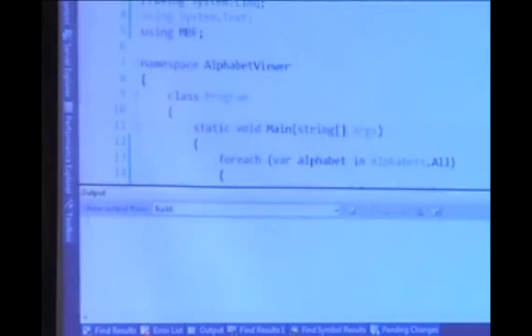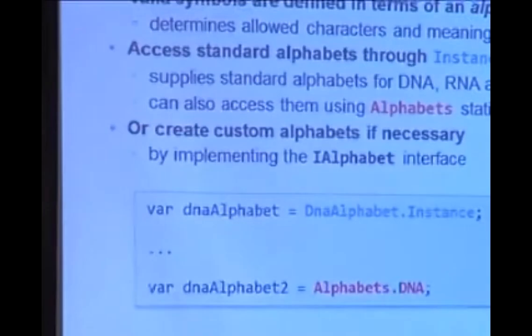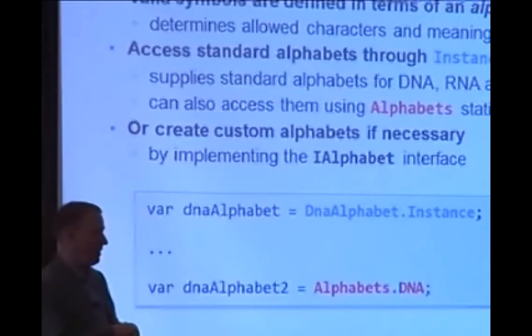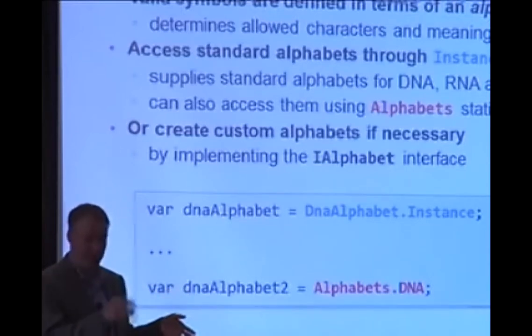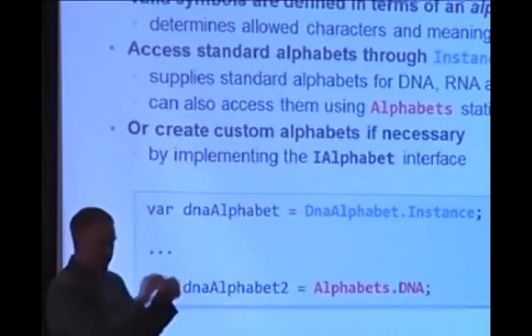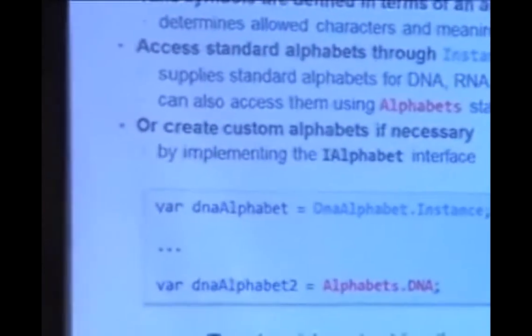So all that's been registered. These are the default alphabets available to you. If you have a custom alphabet, for instance, I've seen some applications that have special letters that for that lab have some particular purpose, where they've customized the symbols that are inside of a sequence, and they use it for some particular marker in the sequence. By default, what will happen is if the symbol doesn't exist in the alphabet, MBF will throw an exception because it doesn't know what that item is.